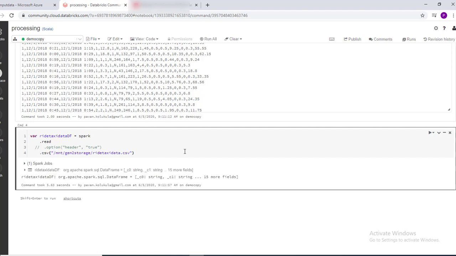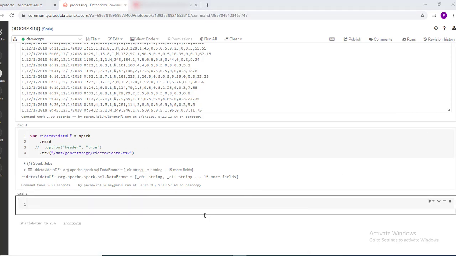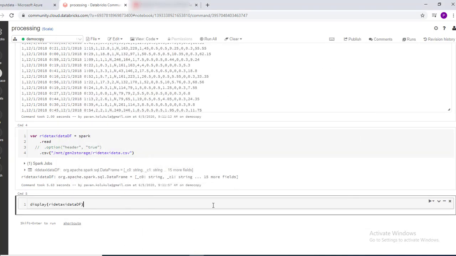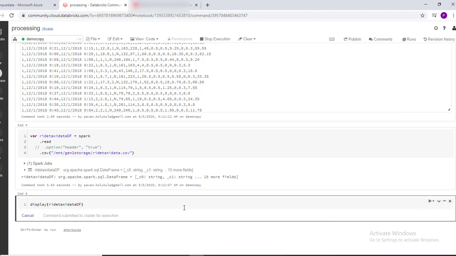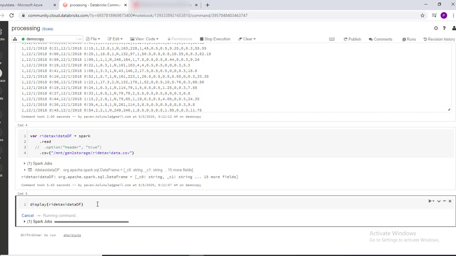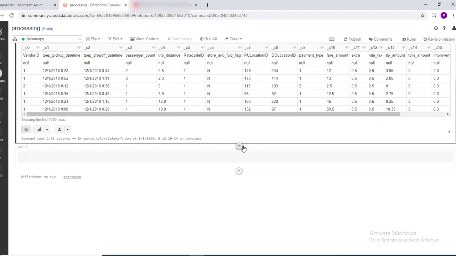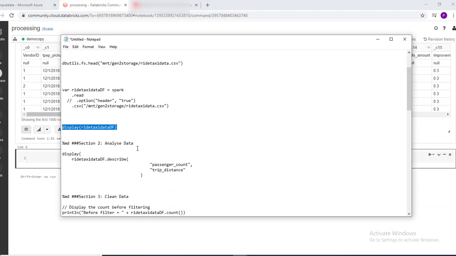Spark is a variable using which we can access the Spark session, and Spark session is kind of an entry point to Spark SQL. All the Apache Spark related information can be accessed from the Spark session. CSV method is used to load CSV file and return the results in data frame. Now we are passing the data frame inside the display command so as to display the data residing in the data frame. Now we are able to see the data here. So reading the data from an external source is a transformation operation. So regardless of the size of the file, we are able to create a data frame quickly.